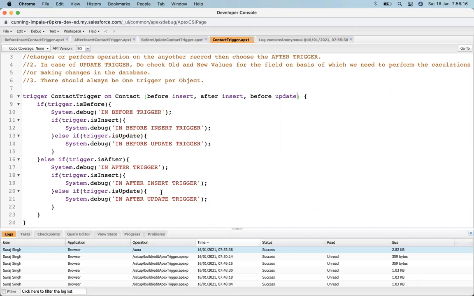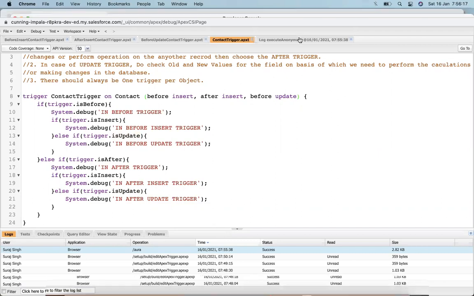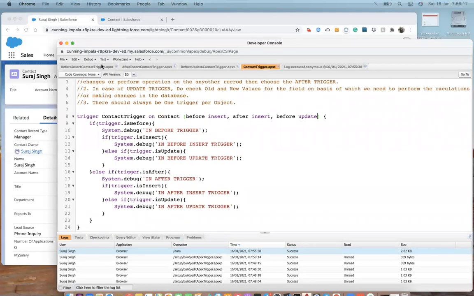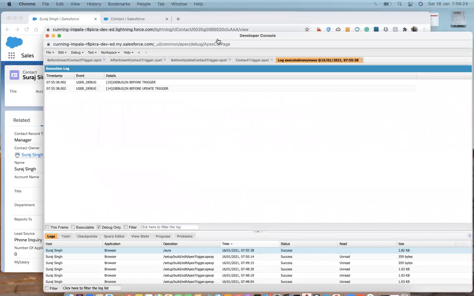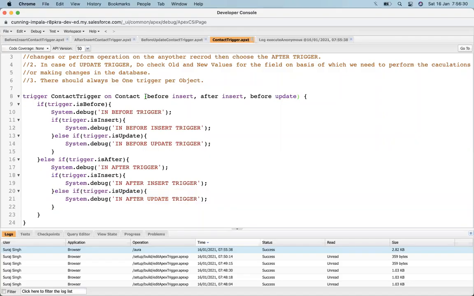Suppose I write after update and I check the logs, it's not showing any after update. It's showing the before. We are in the before trigger and before update, since I haven't added any after trigger. I have updated the record and I added the instance only for the before update, so it's showing the before instance. If I add that after instance, now it will show all those things.